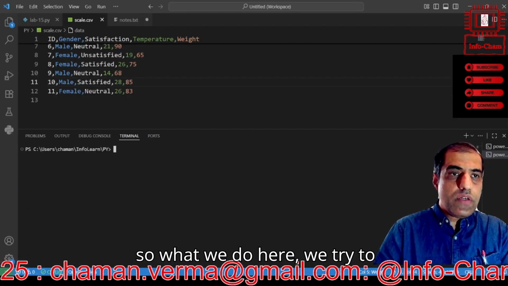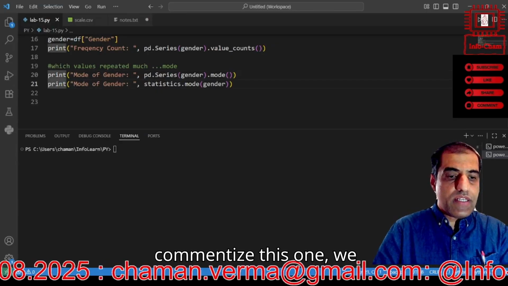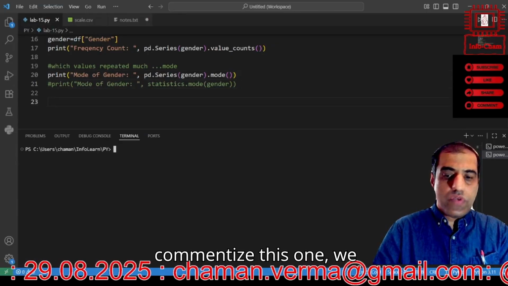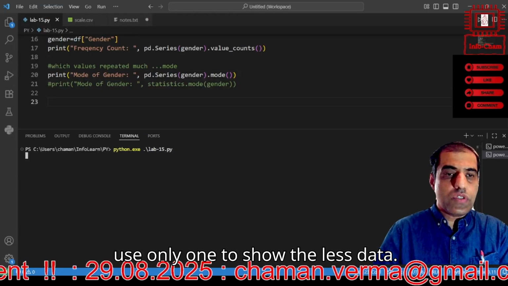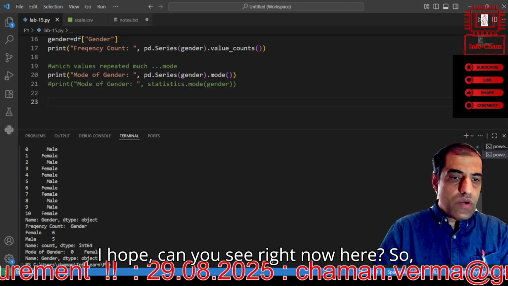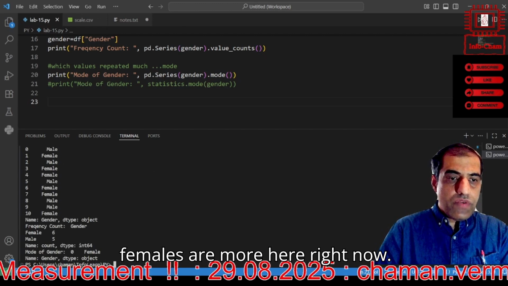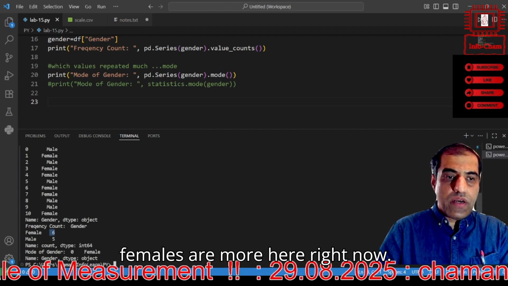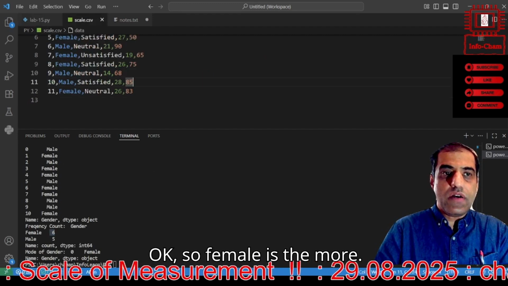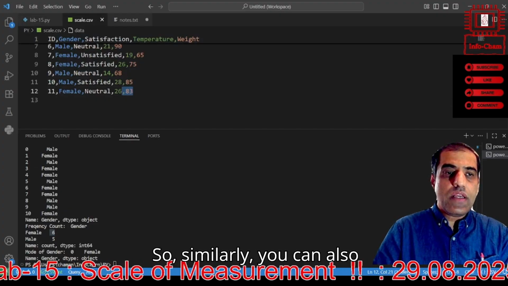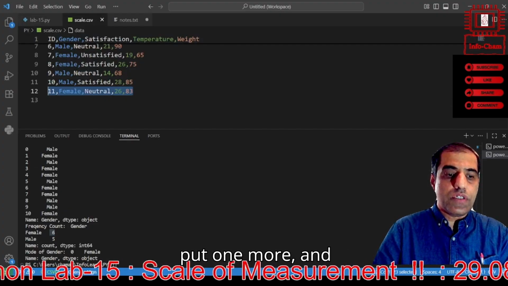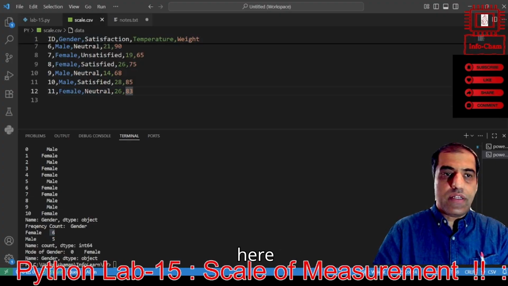So what we do here, we try to comment this one out. We use only one to show less data. I hope you can see right now that females are more here. So female is the mode. Similarly, you can also put one more, and here